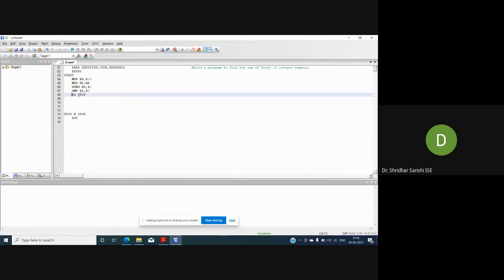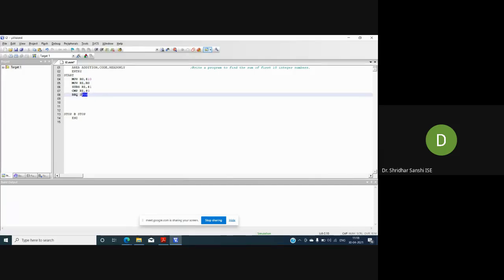EQ is just to check whether that particular flag is set or not. So I need to branch to this particular label, so I need to write a branch instruction. That is B. So B EQ means branch if equal, to stop. It means branch to the stop if it is equal. B is used for branching, specifying where you need to go. Fine. Understood up to here? Yes, sir. Okay.